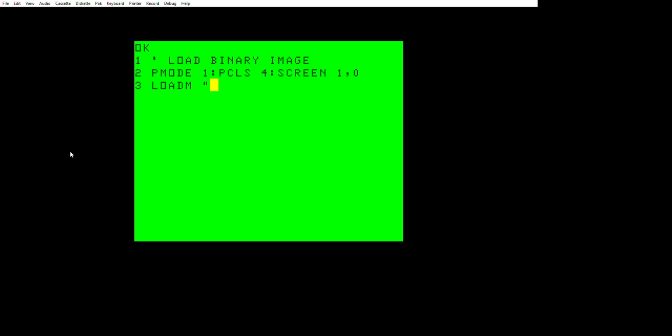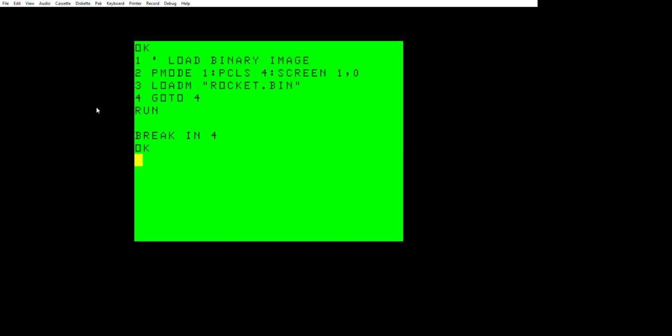We're going to load M. This time, we saved M. Now we're loading M. Rocket bin. That's it. You don't need to put any extensions, and make sure you close your quotes. Make sure you put a stop at the end, so when the image loads, it doesn't drop back out to the text screen. So if we run this,